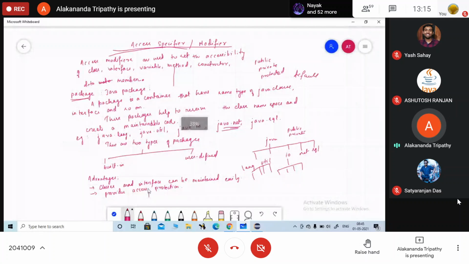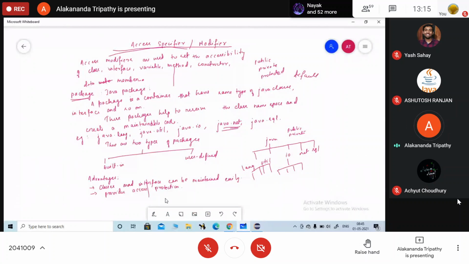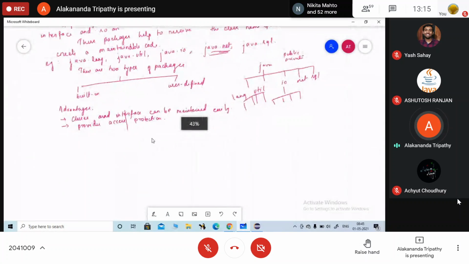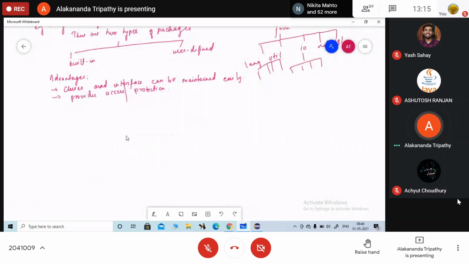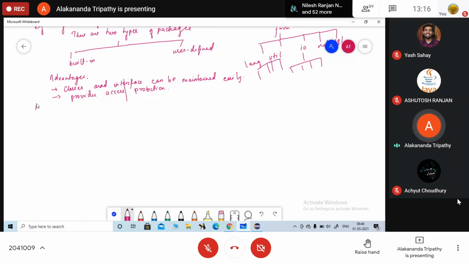First we will check what a default access specifier is. Just note down a few points on the default access specifier.